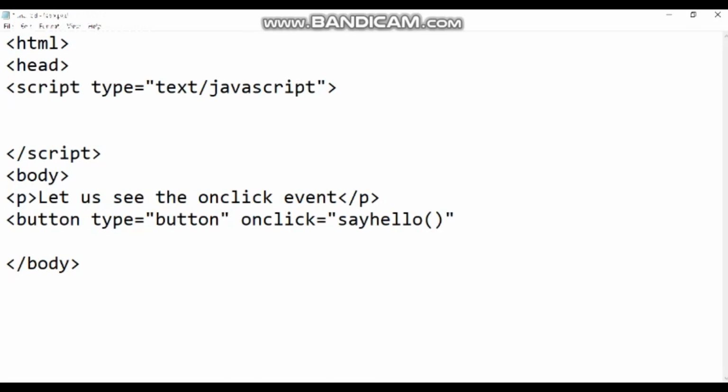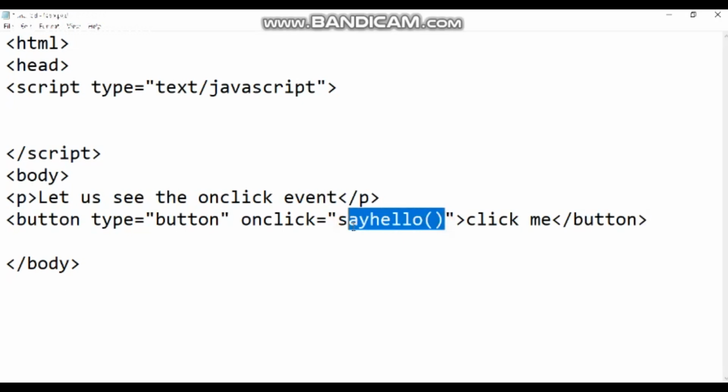So we'll include that function name over here in the on click event, and let us give the name to the button. Let's say it is click me. This is the button name that we can include. We can have it in this manner, and otherwise we can have the button name written here and close with the button, and this is the event.